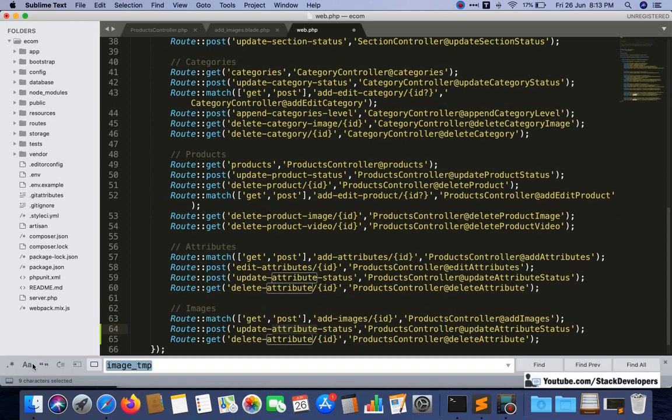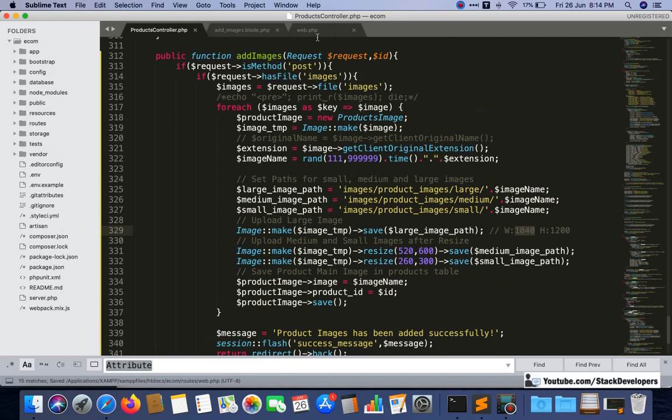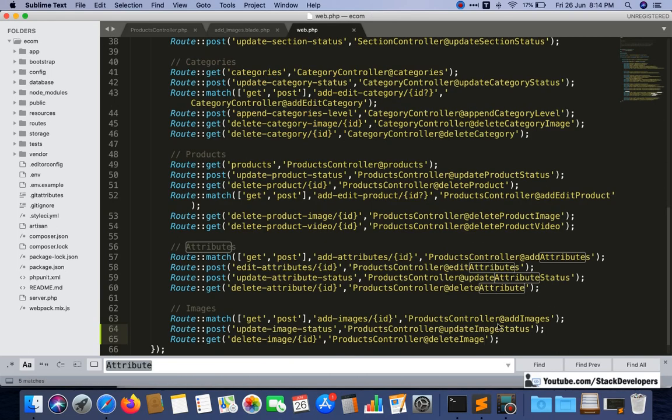I can just do like this, attribute here we will do image, and here as well attribute image. Flux controller here update image status.